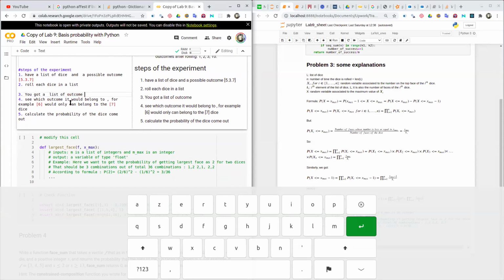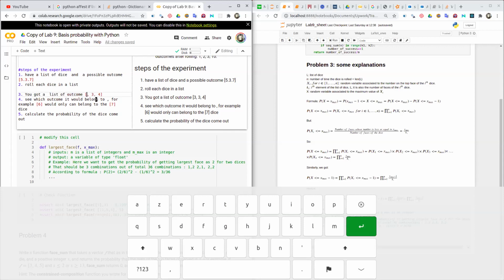Could you give me a possible outcome with this list? So 3, 5, 7. So we have the list. So for example, in the 3 dice, in the 5 dice, we would have like 5, 2, 5, 3, 4, 5, 4, 3, 2, 1, 5, 4, 5, 4, 3, 2, 1, right? So those are the